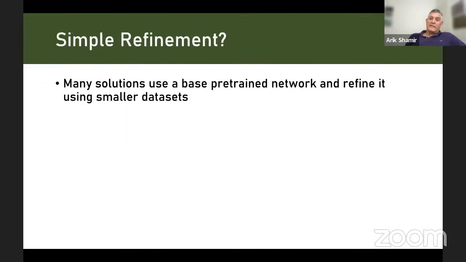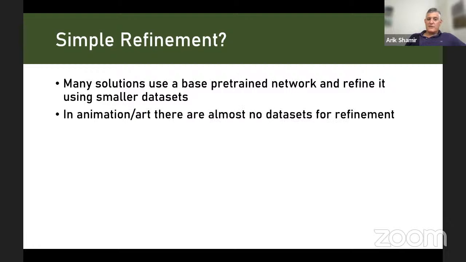So one way that people have tried to refine algorithms from one domain to another is to use some base pre-trained network and then refine it using maybe a smaller database that will signify better the domain that you're working on. But unfortunately, in animations and in art, there are almost no data sets that you can use for refinement.